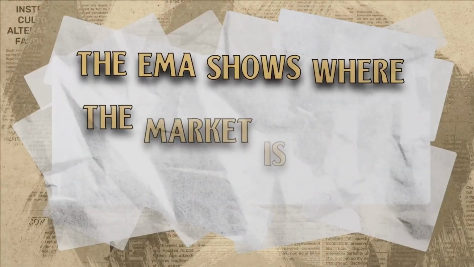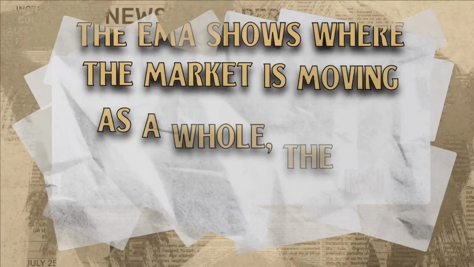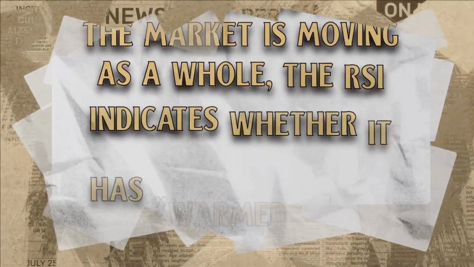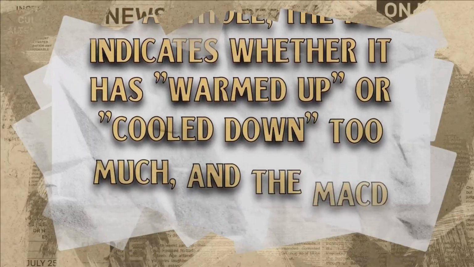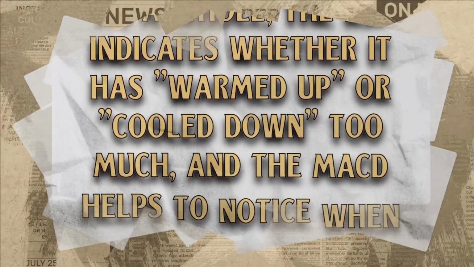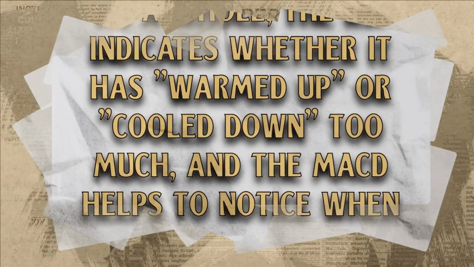The EMA shows where the market is heading overall, the RSI tells you whether it's overheated or underheated, and the MACD helps you spot when the trend might change. But the most important thing is to be able to read these signals correctly and see the whole picture. Today, you learned how the MACD indicator came to be and why it's become